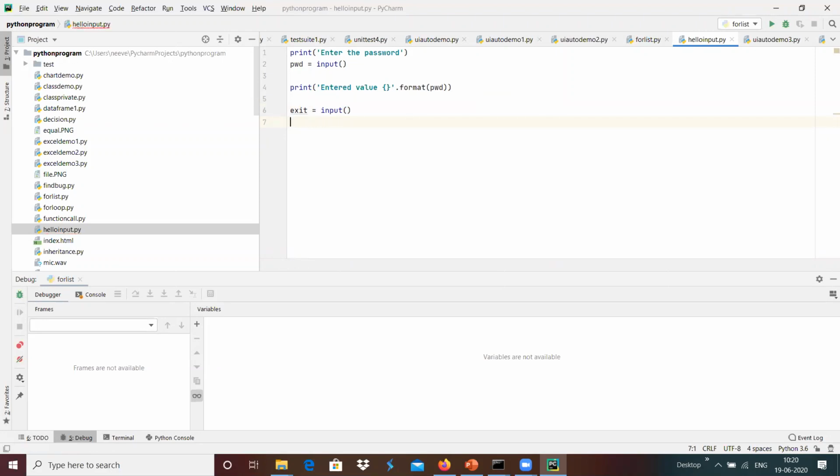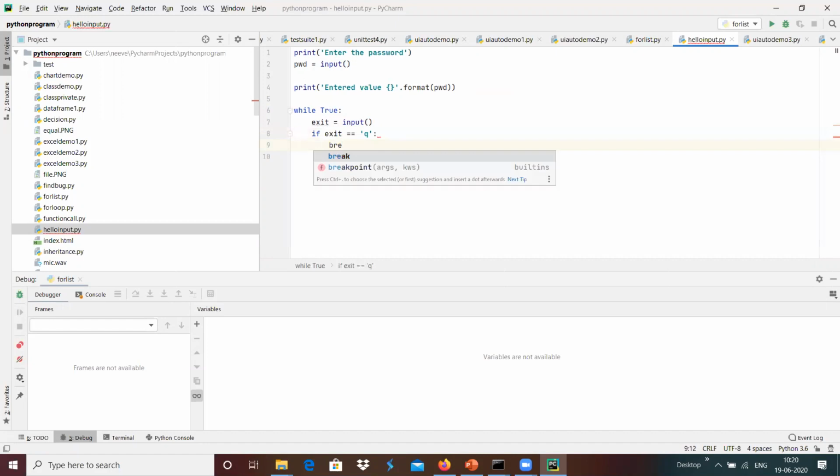I'm going to do while true, I'm going to get the exit, and if exit equals q, then I'm going to do the break over here, so that this will get out of the loop, otherwise the loop continues over here.